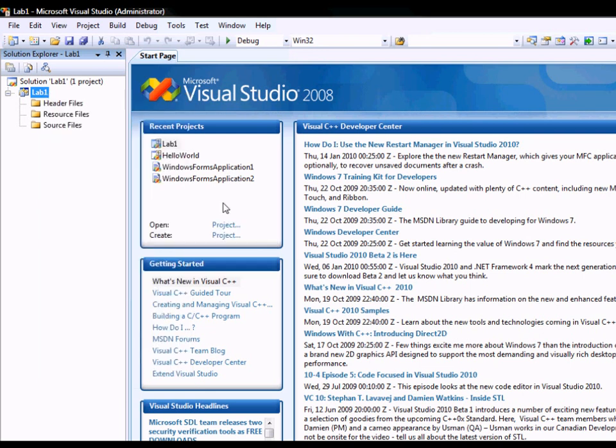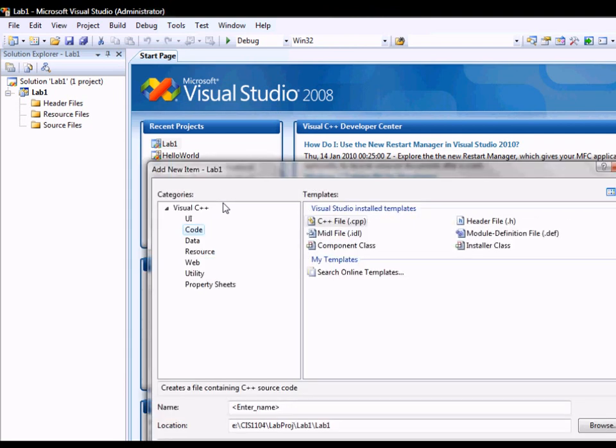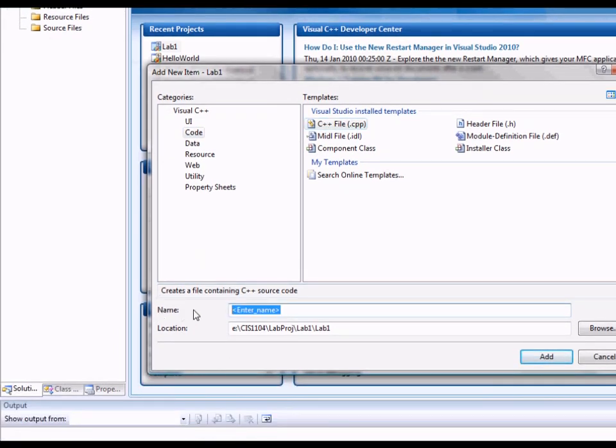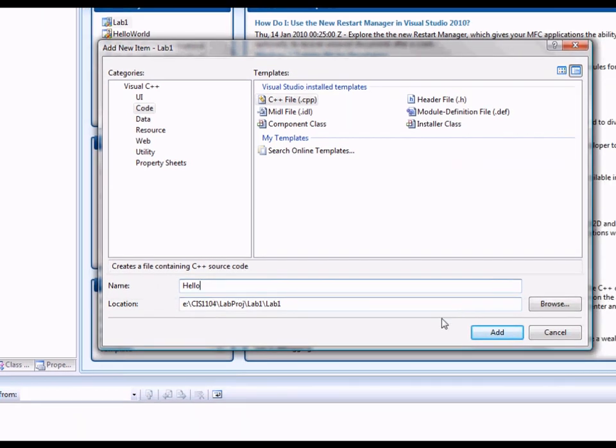I select it. Again you'll see lots of choices. We're selecting Code and C++ File. You name your files something that's representative of the code that's going to be placed in the file. So since this is Hello World, I'm going to name my file hello. It will automatically append the .cpp extension to it. You can type it in if you want, but you don't need to. Okay, so I click Add